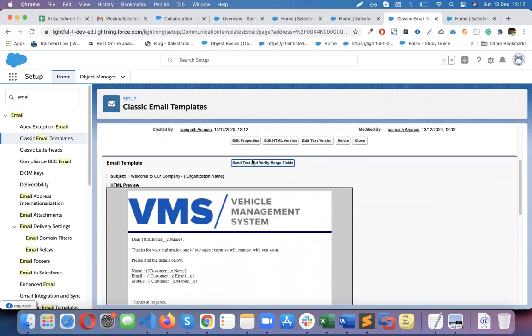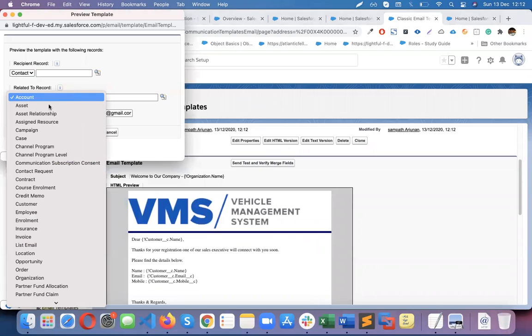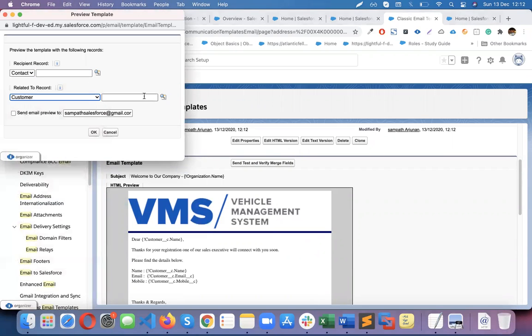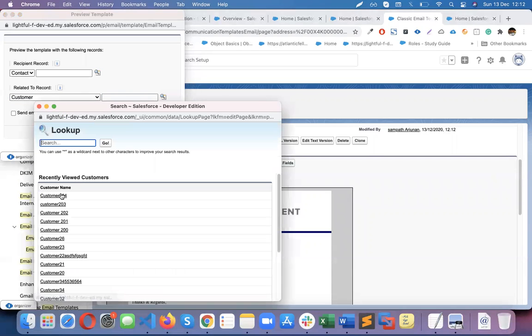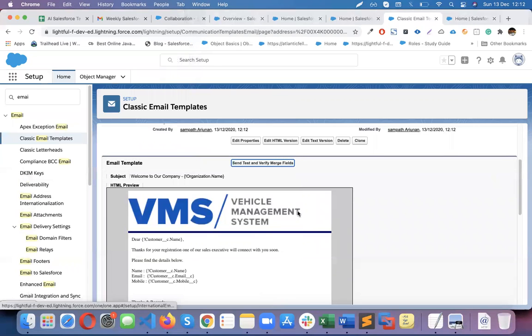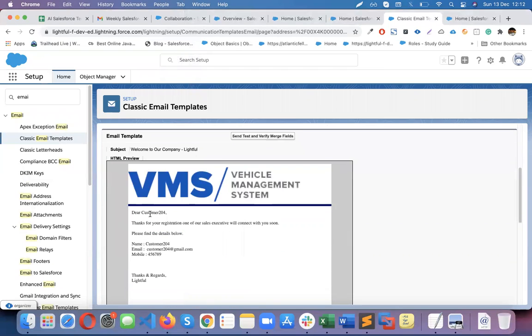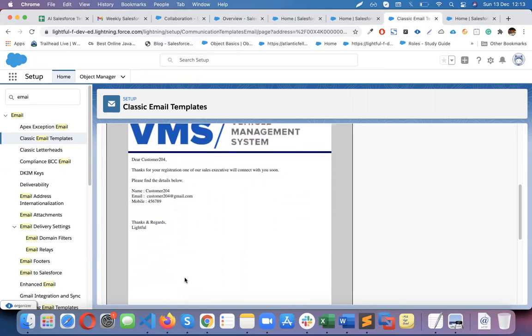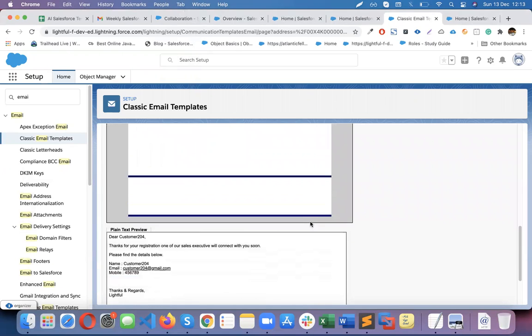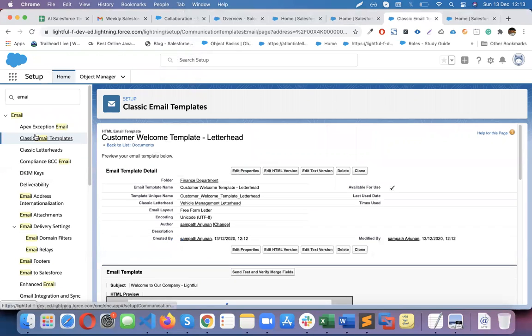Now again, if you want to test it, you can verify it with one of the customers. You'll see here, it gets populated very nicely. Okay, we will test all this in real time using the workflow, but at the moment we created this. The next one is